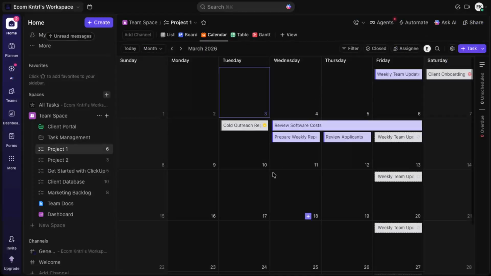From here, you can drag it to adjust dates if needed, or just leave it as is and repeat the same